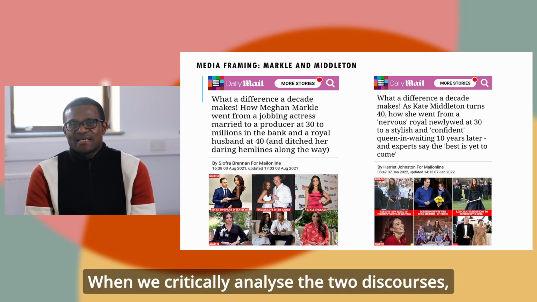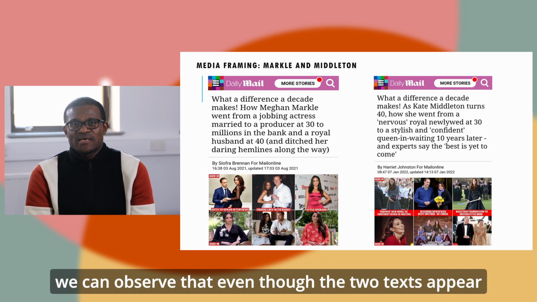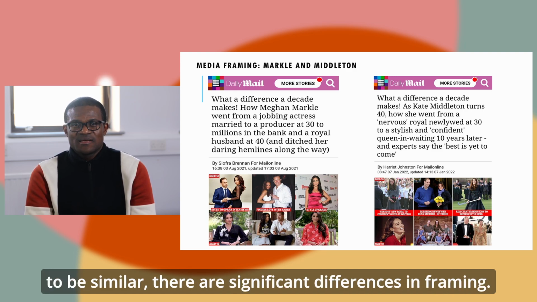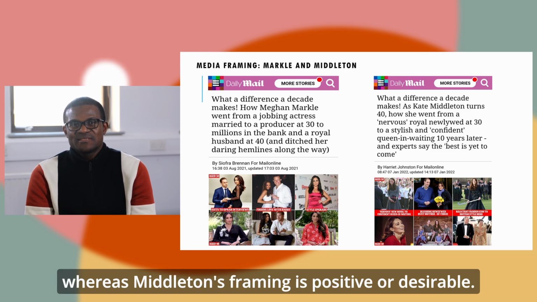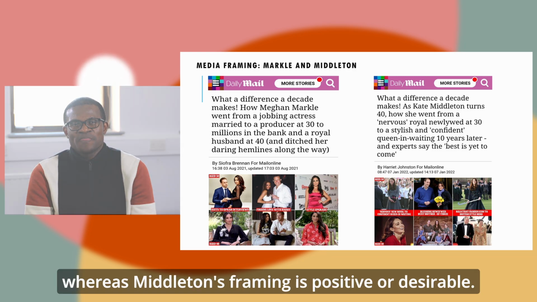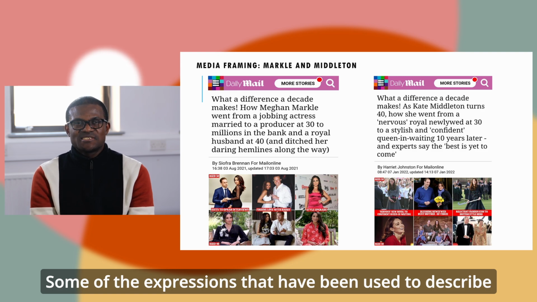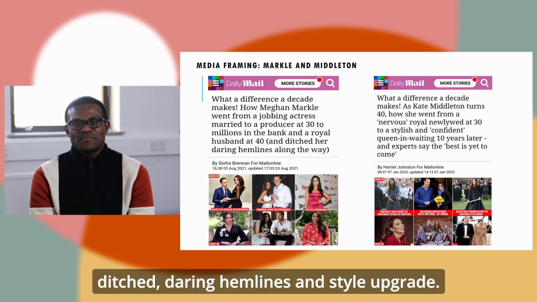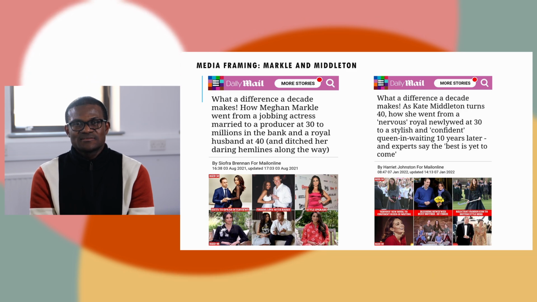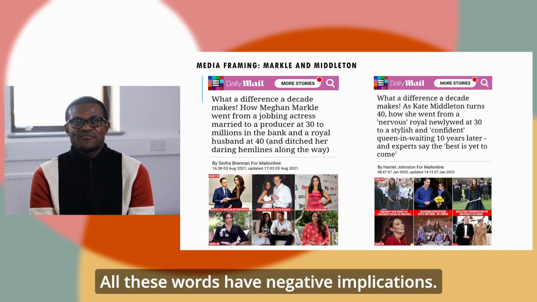When we critically analyze the two discourses, we can observe that even though the two texts appear to be similar, there are significant differences in framing. Markle's framing is negative or undesirable, whereas Middleton's framing is positive or desirable. Some of the expressions that have been used to describe Markle include jobbing actress, millions in the bank, ditched, daring hemlines, and style upgrade. All these words have negative